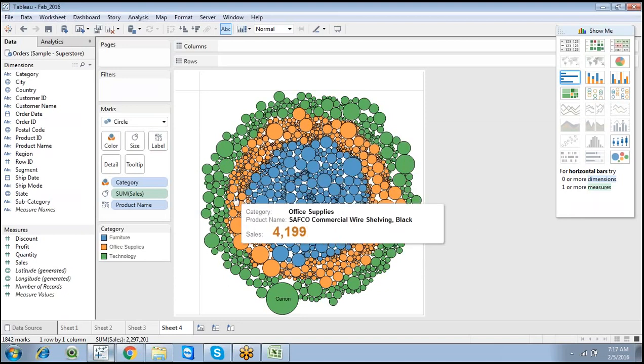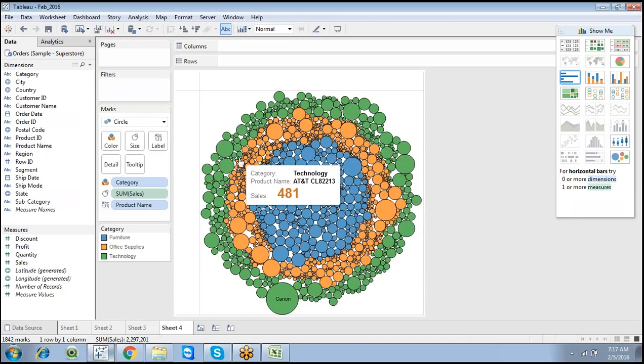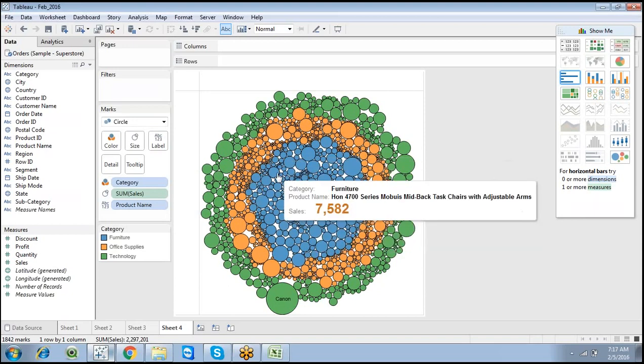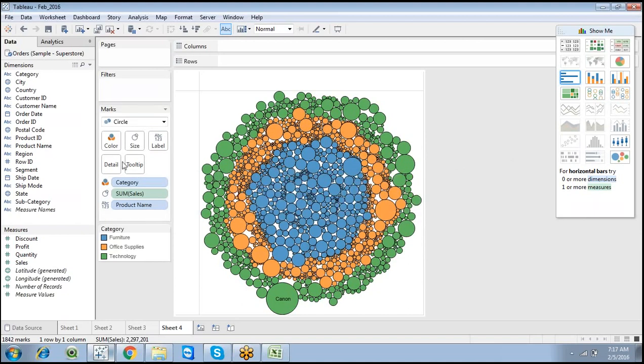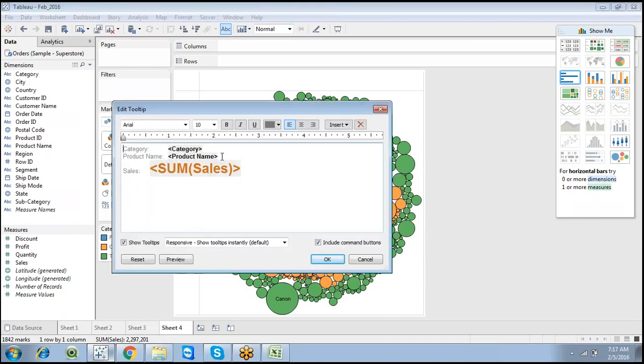So if you want to showcase the sales value, it is more clear with the tooltip. So this is how to customize the tooltip. But I don't want to showcase technology or furniture related information. That is called category related information. I want to showcase only product name. If you don't want to showcase something, you can go for a deletion. So go for deletion and click enter, sum of sales.